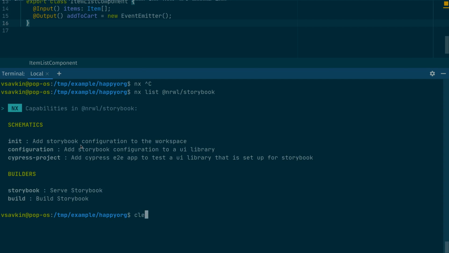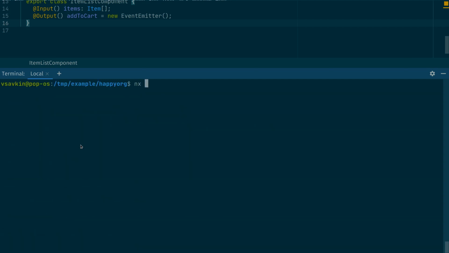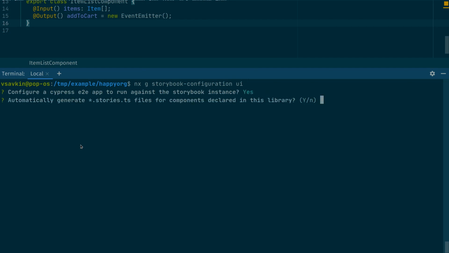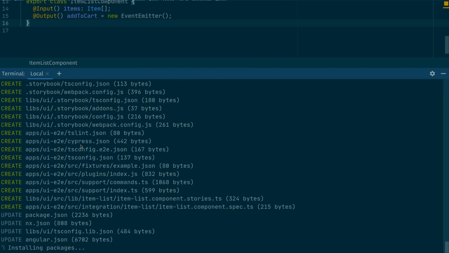So what I'm going to do right now is generate a Storybook configuration for my UI project. So I have this UI project with a single component, okay? I'm going to generate a Storybook configuration. And yes, I want a Cypress end-to-end test app, and I will show you why it is awesome. And yes, I want to generate stories for my components. Sure. Okay, so I have it in there. Let me show you